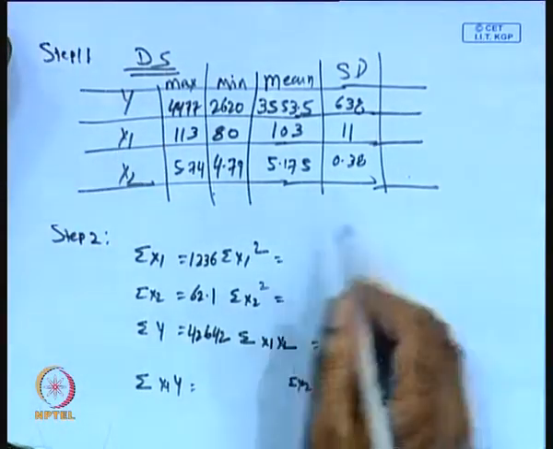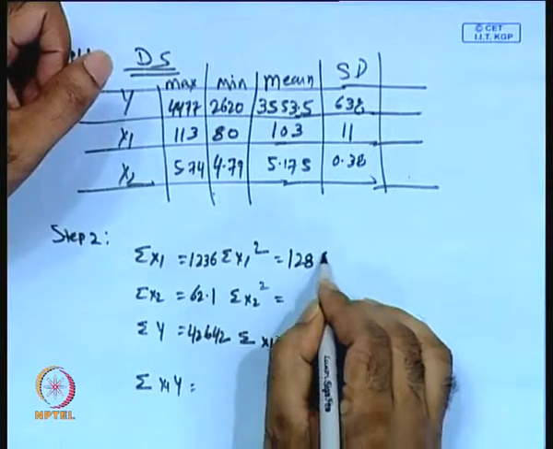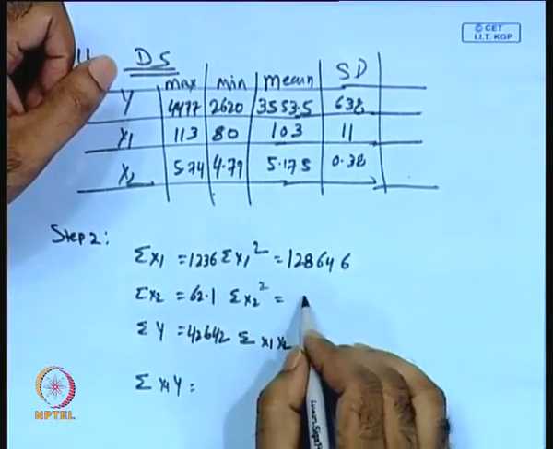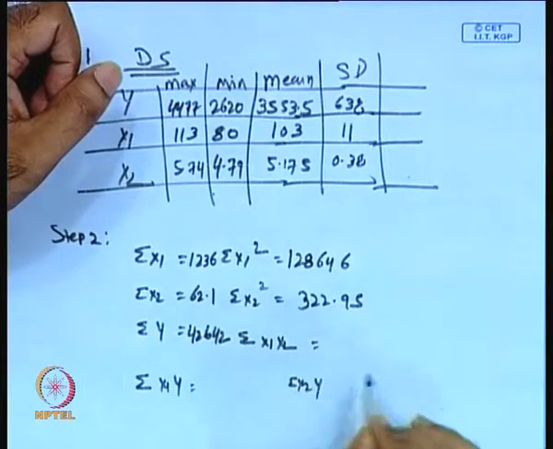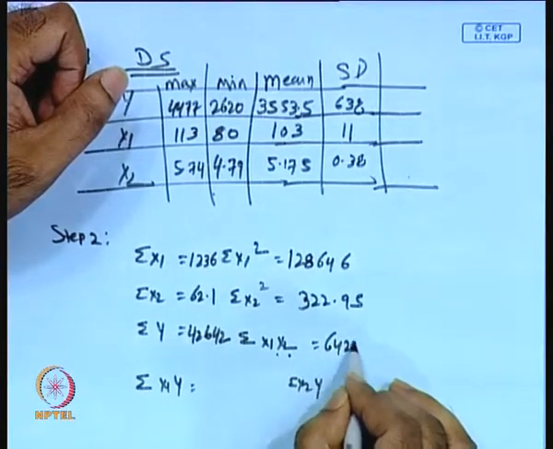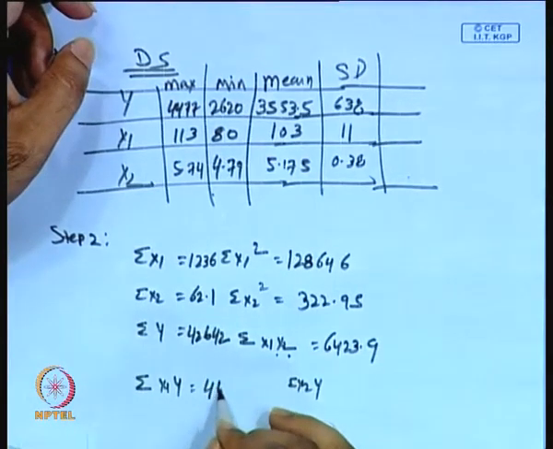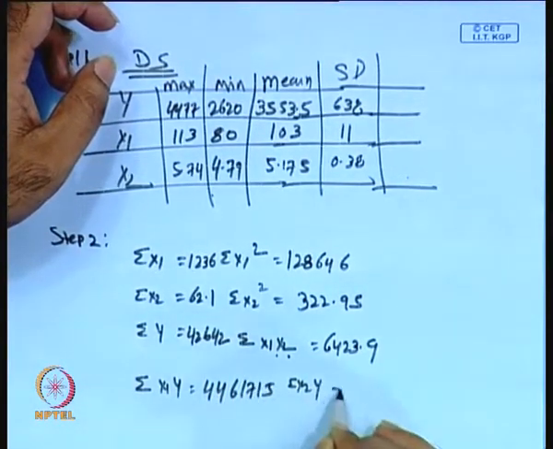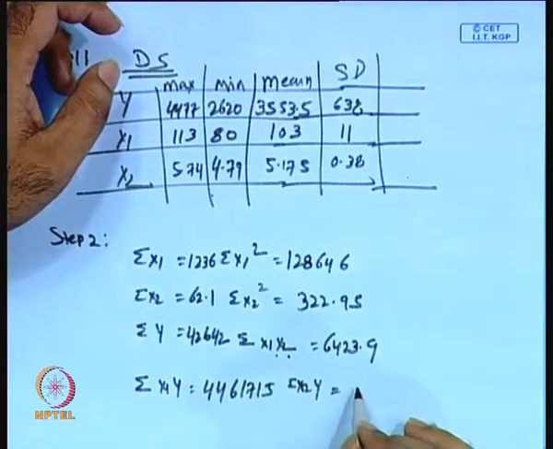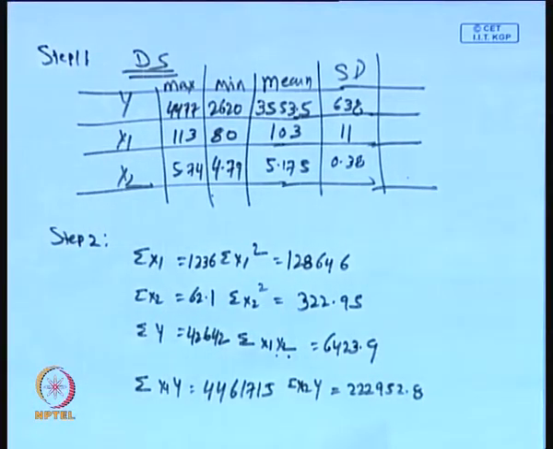So, sum x1 square is equal to 128,646, then sum x2 square equal to 322.95. Summation x1 x2 is equal to 6423.9, then summation x1y is equal to 4461715, then summation x2y is equal to 222952.8. So, this is the entire summary of this particular problem, with respect to y, x1 and